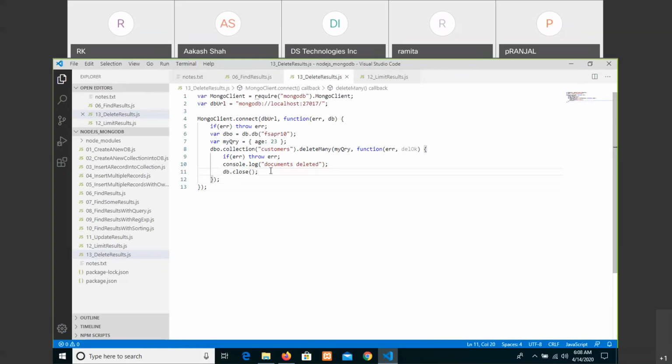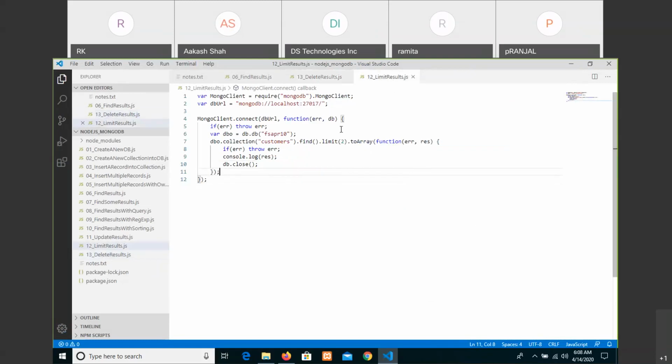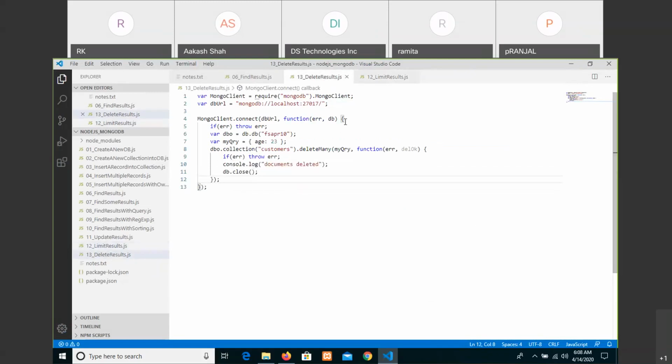So, we have already written delete many also. Even limit is also done. Right. Let us work with the concept of join, and that will be completing. Let us first open